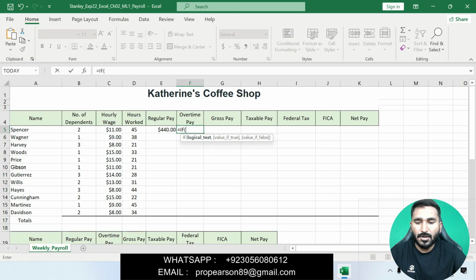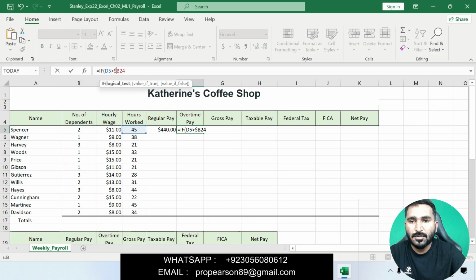Now we will enter the formula: D5 greater than B24, where B24 is an absolute reference. Then D5 minus B24, absolute reference, multiplying by C5 and multiplying by B25.